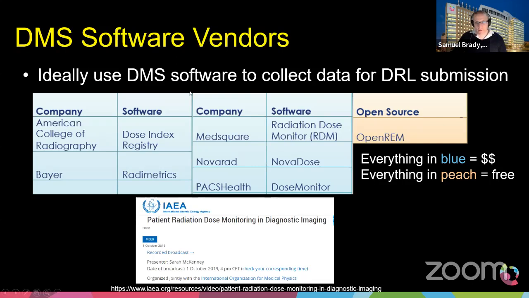Now, there are a lot of options out there to purchase, but there is still an option out there that is free. It's called OpenREM. Once again, before this presentation, I went online just to make sure it was still available and free. It provides the opportunity to do everything the purchased systems that cost money do. Basically, they receive all the dose values from pretty much all the modalities. So it's a great opportunity that if you don't have the funds or are not ready quite yet to buy a DMS system, you can start playing with that process using some open source software.